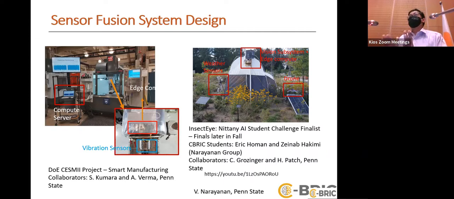And more importantly, these things need to be deployed for 2 to 3 months with no attention. And it doesn't really have a power socket to go and fit in somewhere. So we basically have a solar panel. So this is also a self-powered system. It's been both in Oregon in a farm as well as in the Penn State Arboretum for 2 stints of about 3 months. And there's a ton of new data and relationships that we are finding out between pollution, weather,